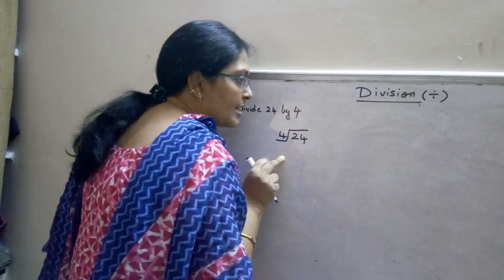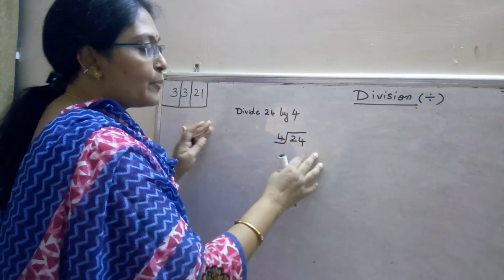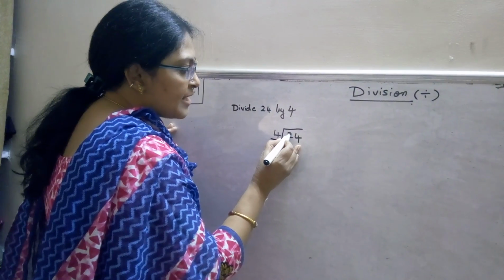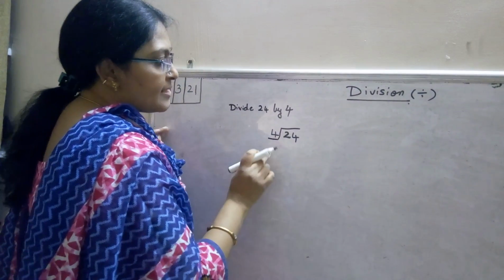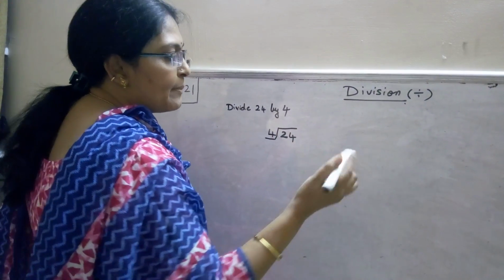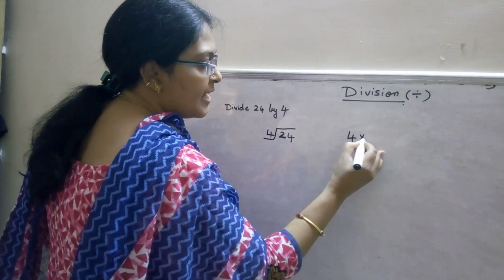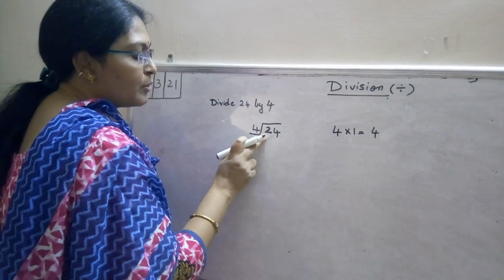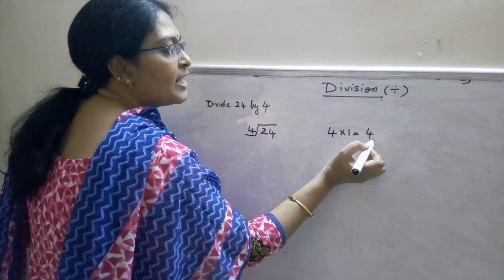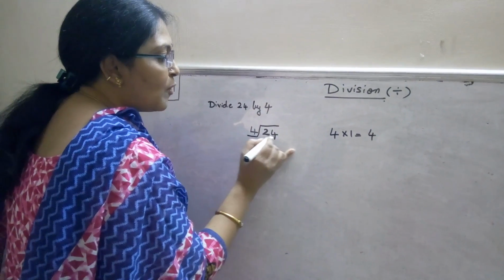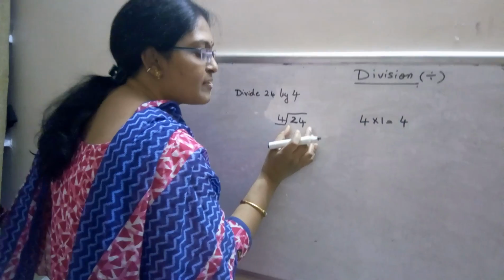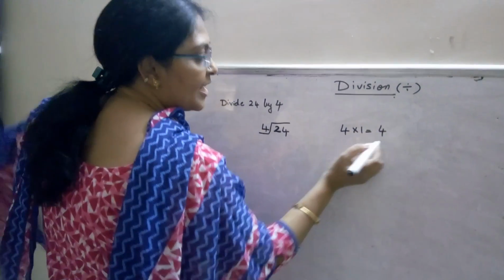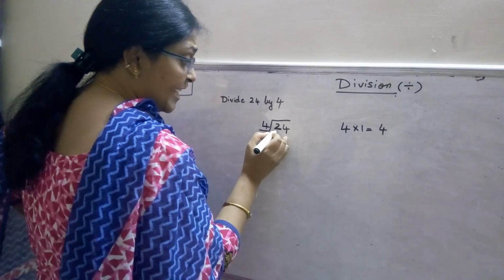Now let us start the division. This is an example problem for you. Now you are going to start with the tens place. See, start the table. 4 ones are 4. What is the number in the tens place? 2. So the first one is only 4. So we have to take both tens and ones place into count. 2 numbers we have to take into count, because in the multiplication table 4 is greater than 2.